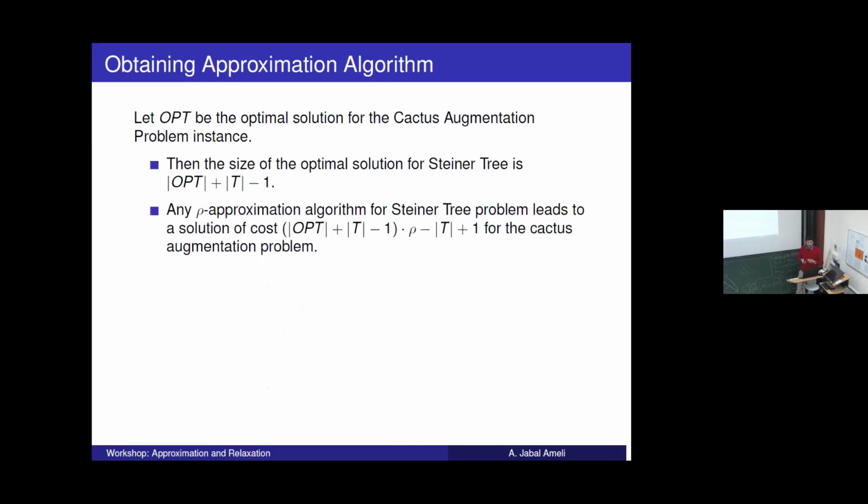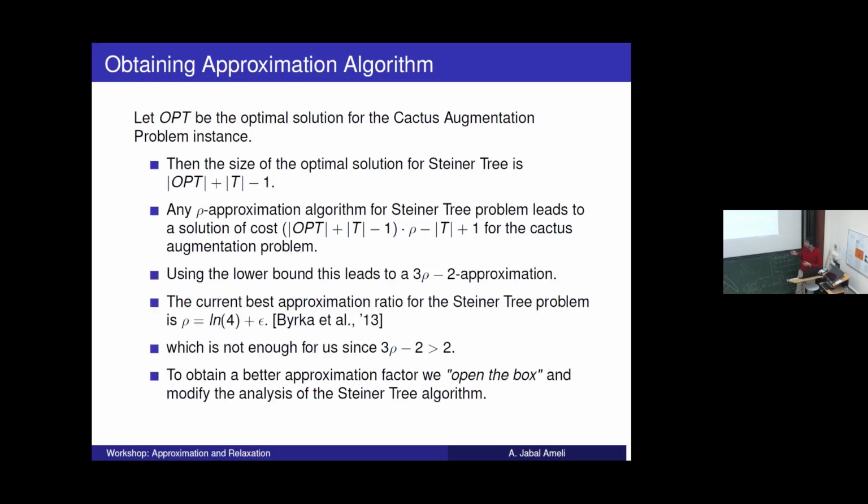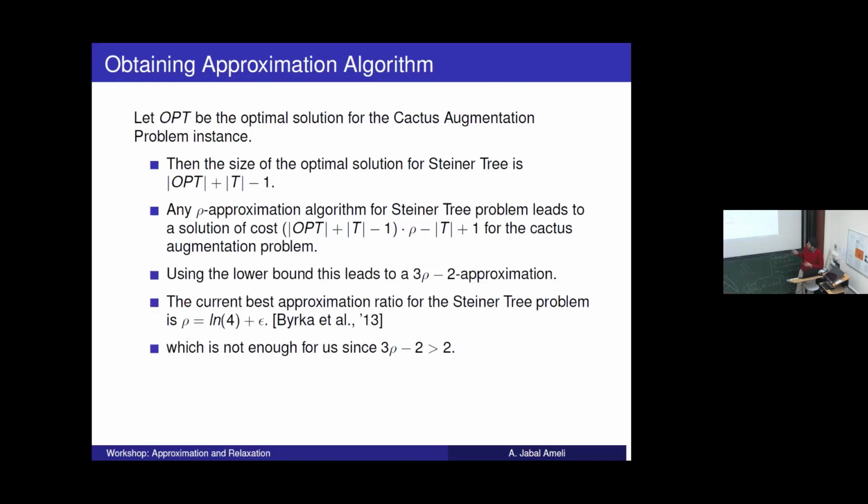Now if you use any approximation algorithm for the Steiner tree problem as a black box, and then use the reverse direction of the reduction, you will get a solution of this size for the cycle augmentation problem. And then using the lower bound that I showed in the previous slide, this would lead to a 3 rho minus 2 approximation. So now what needs to be done is to look for the best approximation factor for the